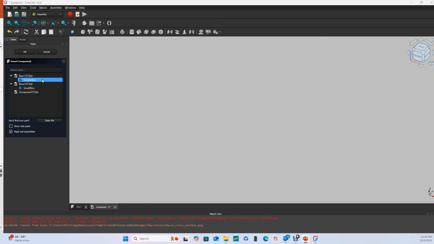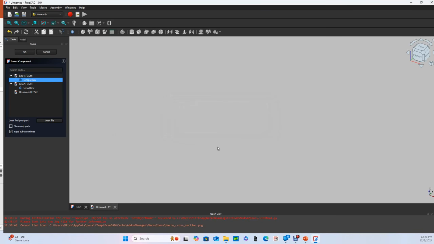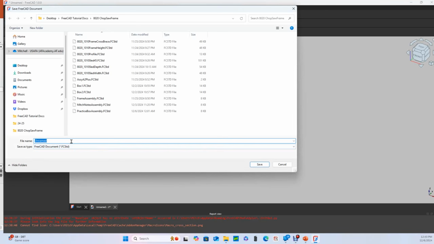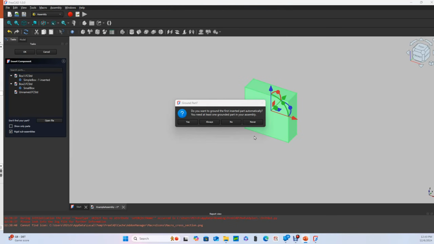Okay, so I want to add Simple Box first, so I'll double click on the body, not the file, and there's what happens when you don't save the assembly file before adding a body. No big deal, we'll just save it now. I'll call this Example Assembly. And as soon as we've saved the assembly file, you can see it's placed the part